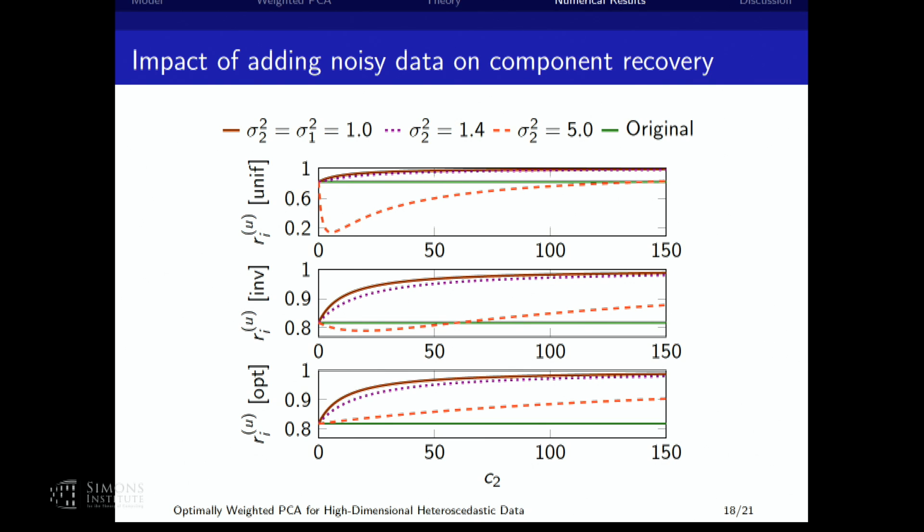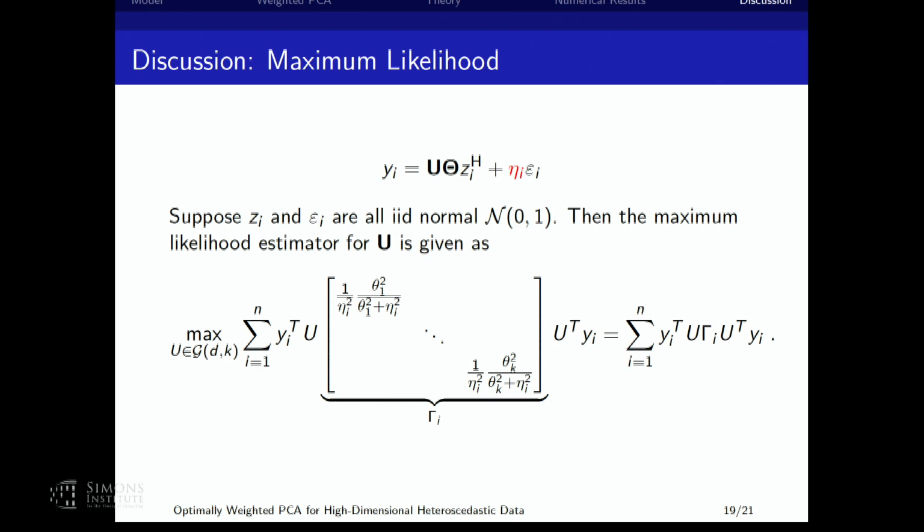Okay, good. So one of the last things I wanted to say was in this process, we thought about the heteroscedastic PCA problem from a variety of different perspectives. And we considered what the maximum likelihood model would be if we had normal z instead of just arbitrary zero mean, variance 1, and then normal noise, but of different noise variances. So it's very interesting to see that the maximum likelihood estimator actually looks like this.